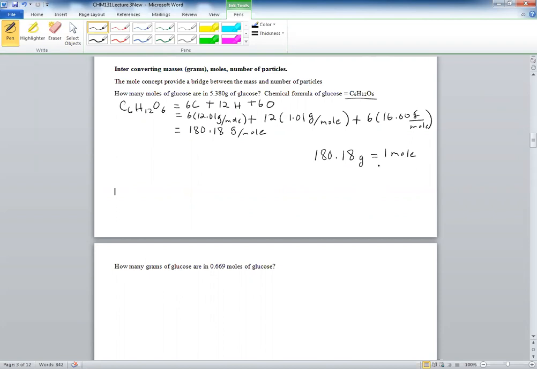Again, we're going to review or do another problem on dimensional analysis. There's a reason why we learned dimensional analysis in the first chapter. So let's look at the question. It says, how many moles of glucose are in 5.38 grams of glucose? Well, clearly the problem is giving me 5.380 grams of C6H12O6. And the problem is asking me to end with moles. That's what's needed